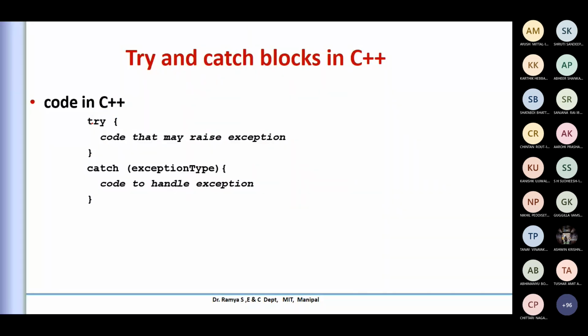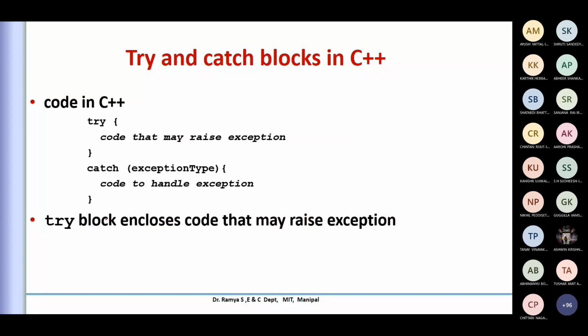So you are writing a try block. This will be executed. Okay, if there is no error, it will come out of the normal execution for us. But if an error comes, appropriately you have written a catch here, so it will identify which catch it has to go to, execute that, and come out of that particular code block. So they will be together. Try and catch will be together for us.